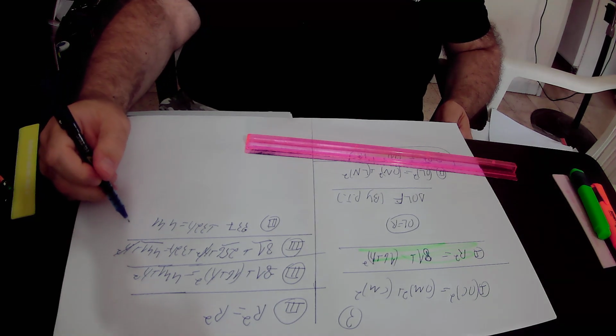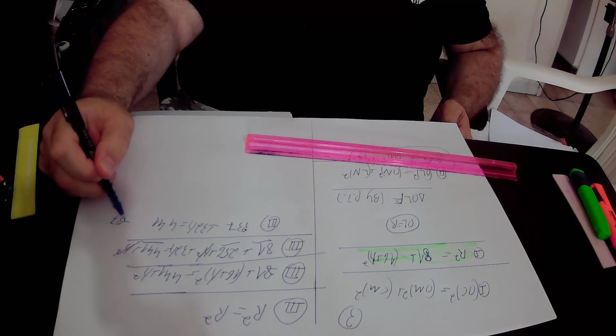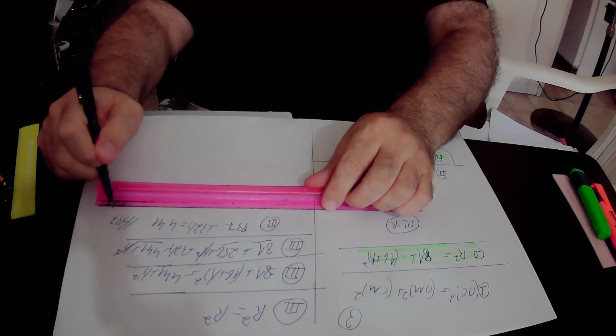Here we'll subtract 337 from this equation and we'll get that according to equation number 3,